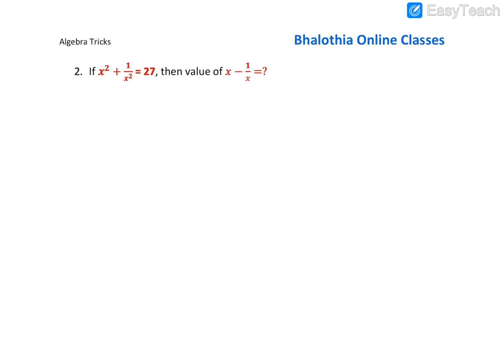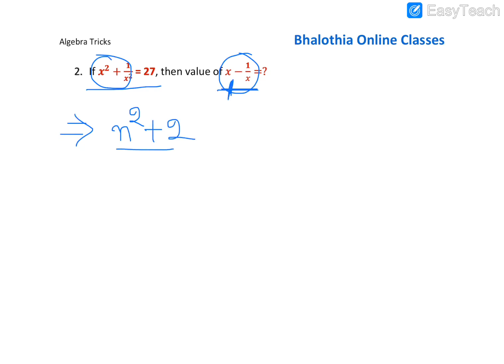Let's start next question. So in the next question, what is given? x square plus 1 upon x square is given like 27, and it is asked like x minus 1 upon x is asked. Okay, so here minus is given. Guys, keep it in mind, minus is given. So what we will do, how we will put the formula? Formula will be plus, right? And for square, here square is given, so we will use that square formula. n square, plus will come or minus will come? If minus is given, plus will come. Here minus is given, right? So plus will be used, equal to 27.